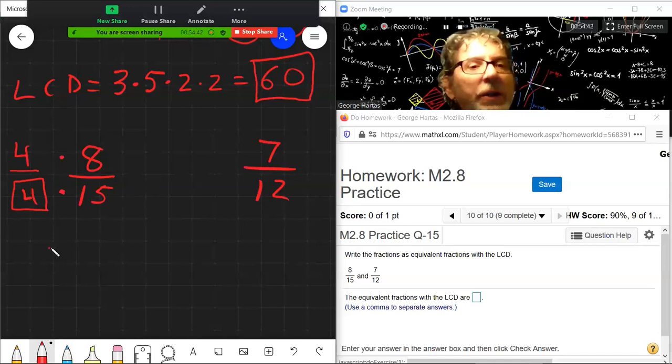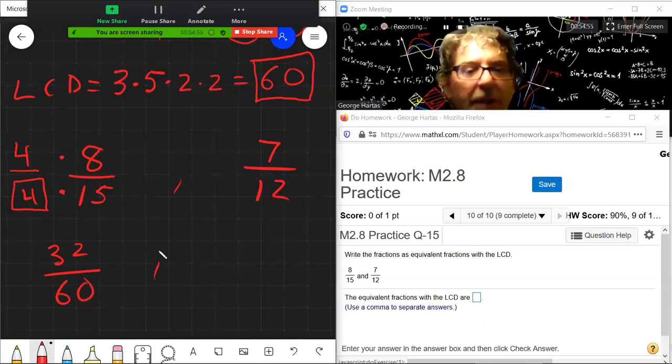All right, so what do we got? 4 times 8 is 32. 4 times 15, without even thinking about it, we know the answer is 60. Comma, like they said, they want a comma. And we're going to do the same thing right here. We got to get this fraction. This has to be an equivalent fraction to this, which means we got to make this become 60 also. We got to do the same process. We got to ask ourselves,